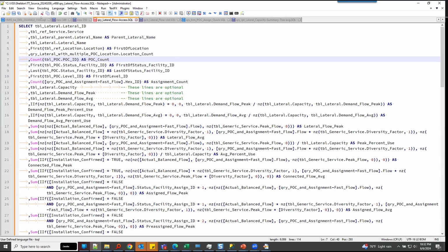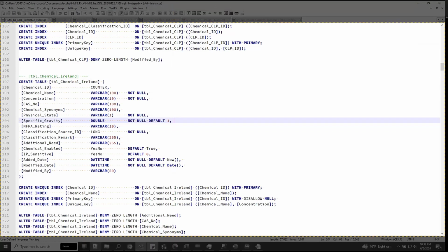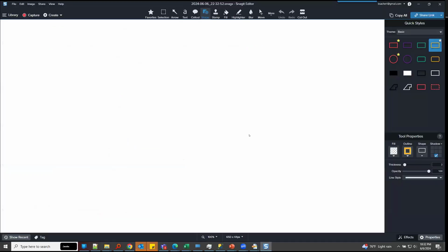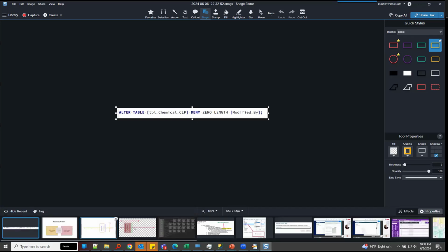I don't have a database open right now to show, but if you can get a little screenshot of what you're doing. So I use Snagit, and I could just grab that right there. And now I have it. An advantage of Snagit is it keeps all my previous